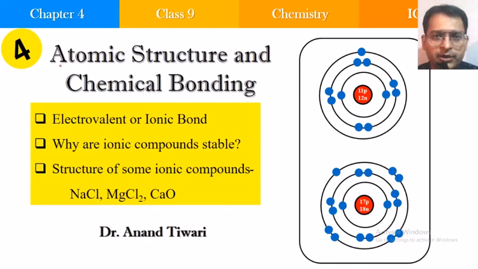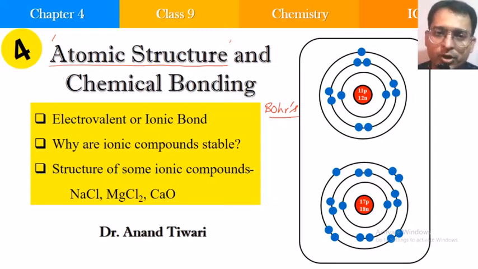In our previous lectures we covered the various types of models to explain the structure of an atom. The model that we will be continuing further is the Bohr's atomic model. Okay, there were the different atomic models. The atomic model that we saw in the last was the Bohr's atomic model. And what was the Bohr's atomic model?